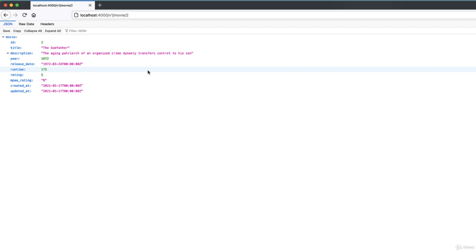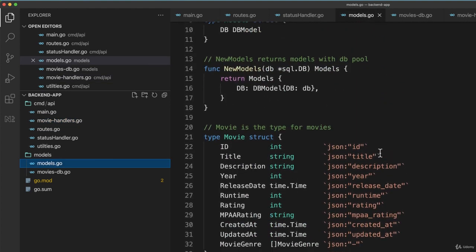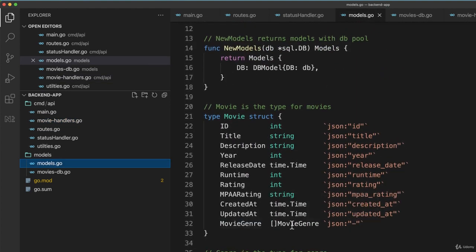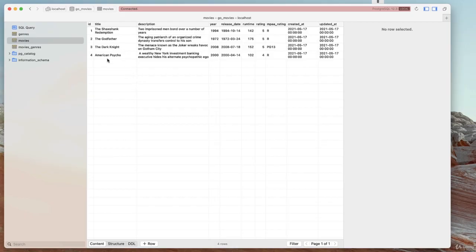Now, there is one problem with this, of course. If we go back and look at our models, we actually have, in our description for movie, movie genre. And I commented that out. I didn't comment it out. I told JSON to ignore it. I don't want that to be ignored. I actually want that to be populated with genres, if any, from the database. Now, right now, if I look at my database, I have 4 movies in the database, but under movies genres,